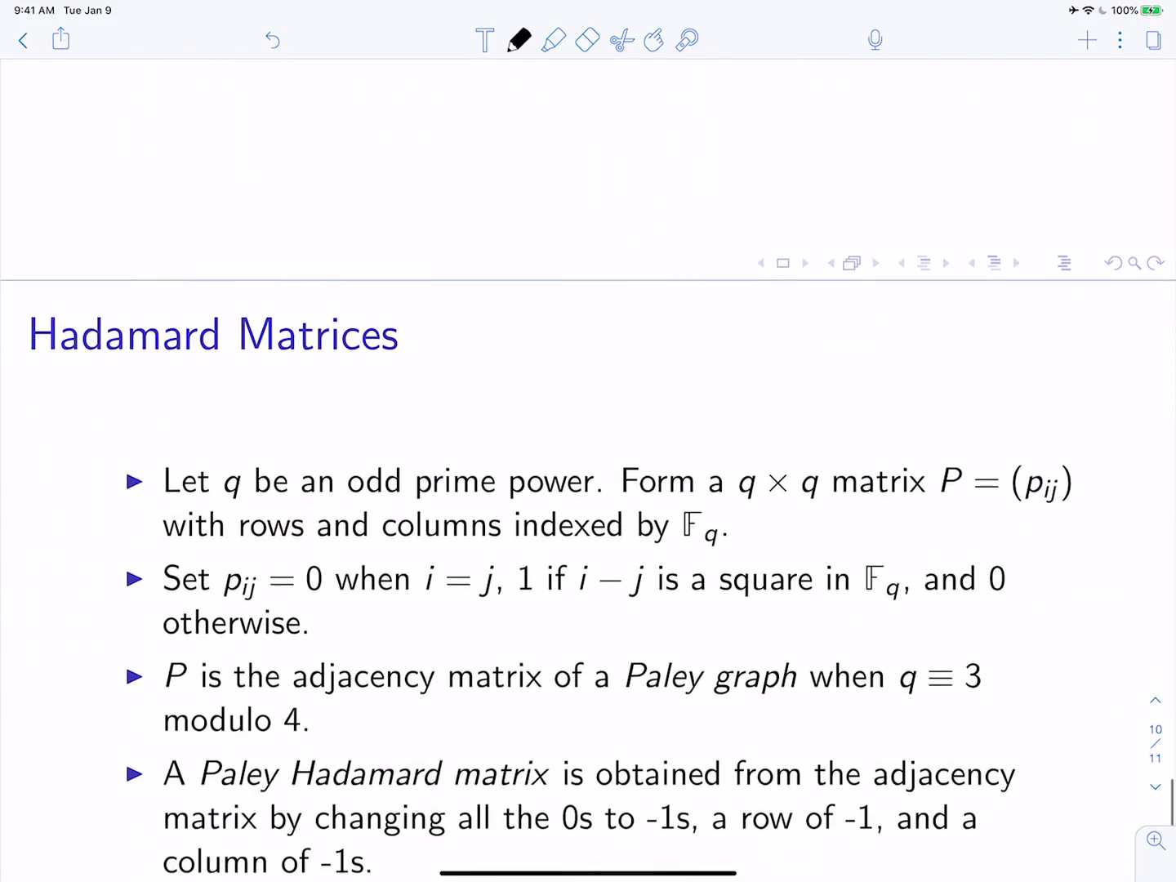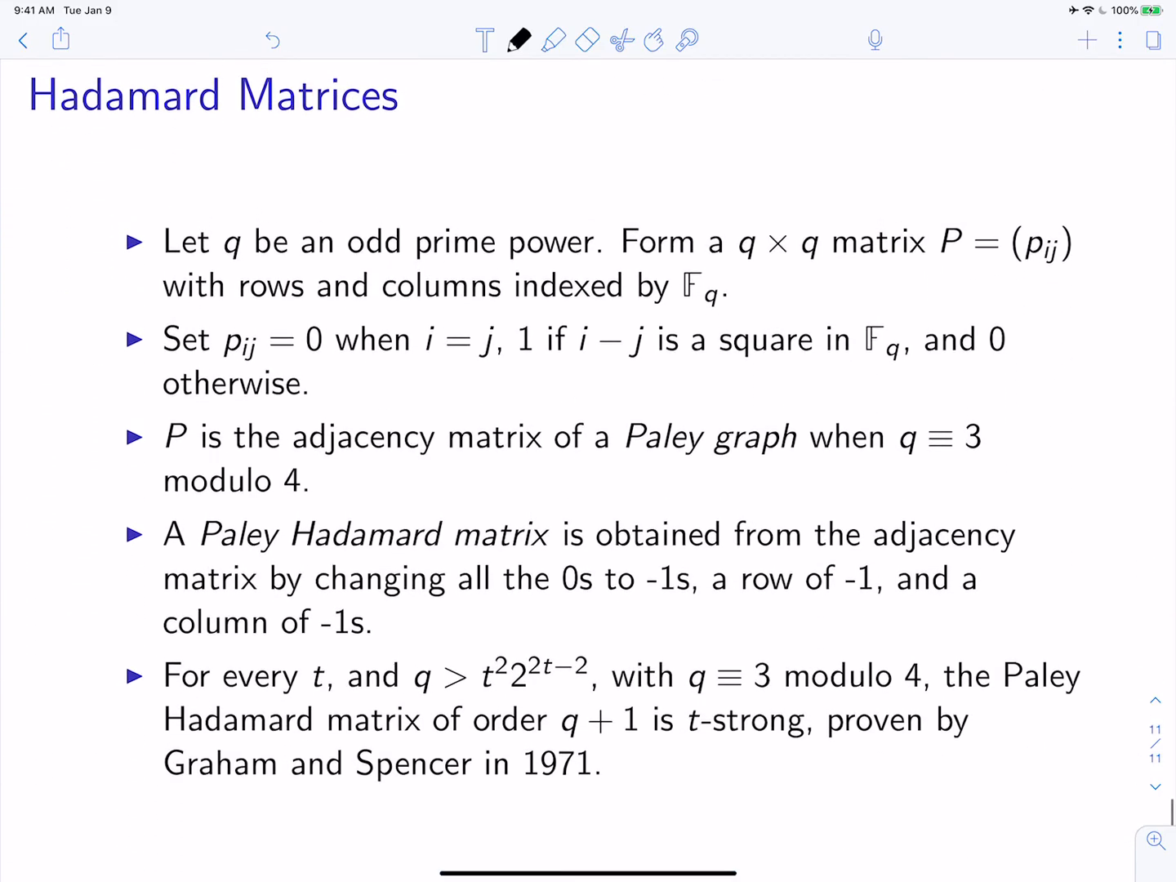Okay. And finally, there's a very long construction. I'm not going to really go through it, but again, if the number that you're dealing with is a prime power, and in this case it has to be odd, so it can't be 2, then what you do is you form something called the adjacency matrix of what is called a Paley graph, with certain properties of q. And what you do is you turn that back into a Hadamard matrix, and what you can show is that it is t-strong for